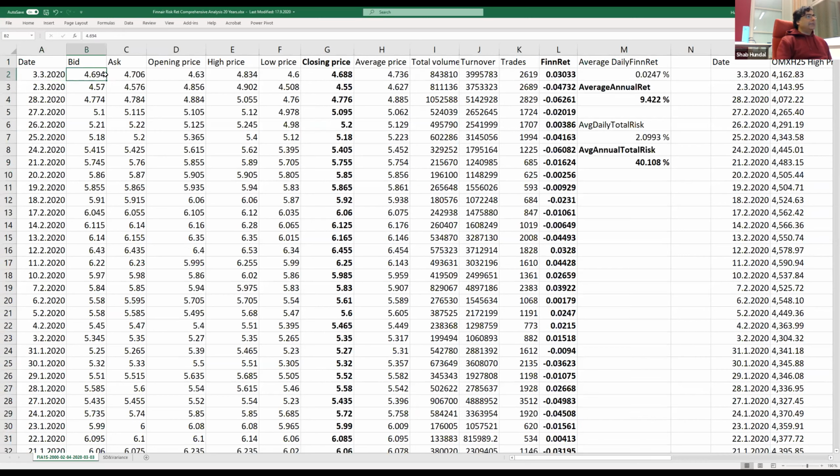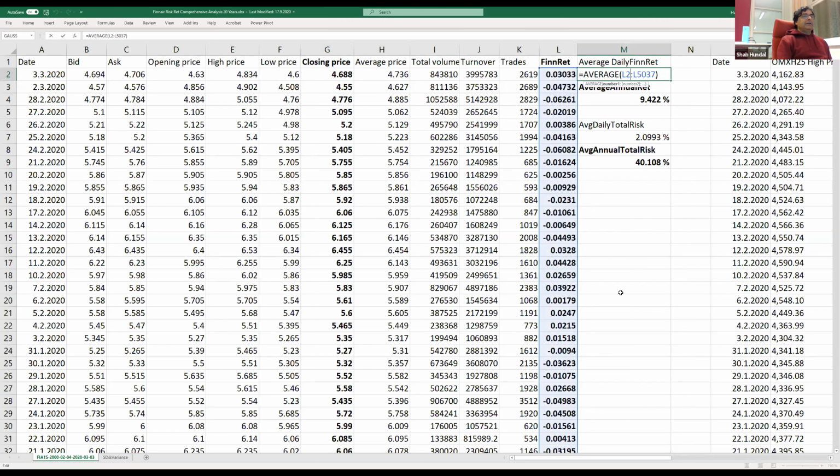So we had the bid rate, ask rate. I will not go into that. So I took the closing price and some other things which I think come by default. Based on the closing price, I calculated the daily return of Finnair for the whole period. And after I have the return of Finnair for these 20 years, I took the average,